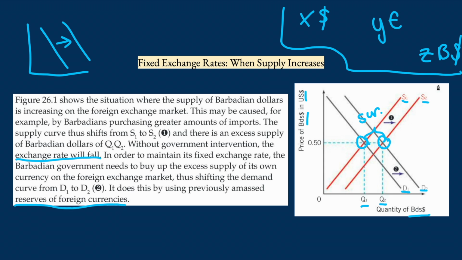So for example, in this case, Barbadia might have a reserve, or a certain amount of money saved, in euros and dollars and in every currency in the world, just so that they have a bigger array of currencies to choose from that isn't their own. And so, by using the dollars and the euros and the pounds that they've saved from trade with all these other countries and continents, they can use that same currency to buy back the increase of Barbadian dollars